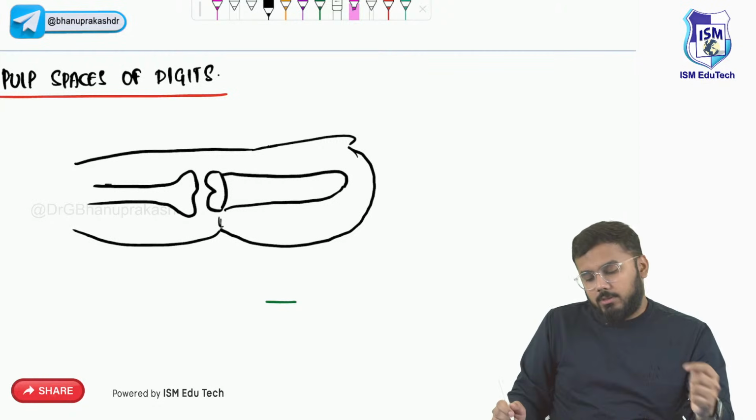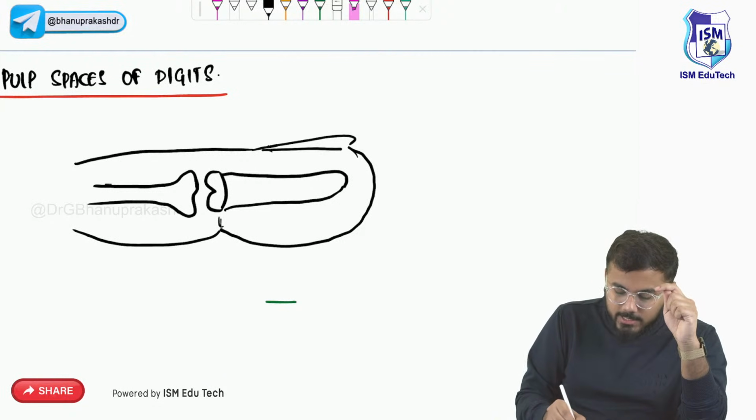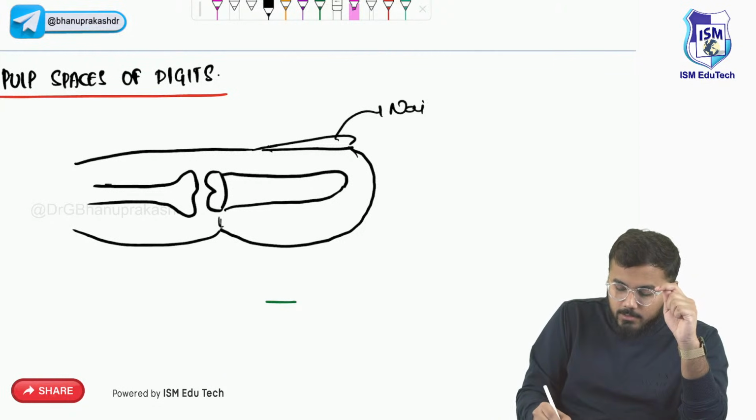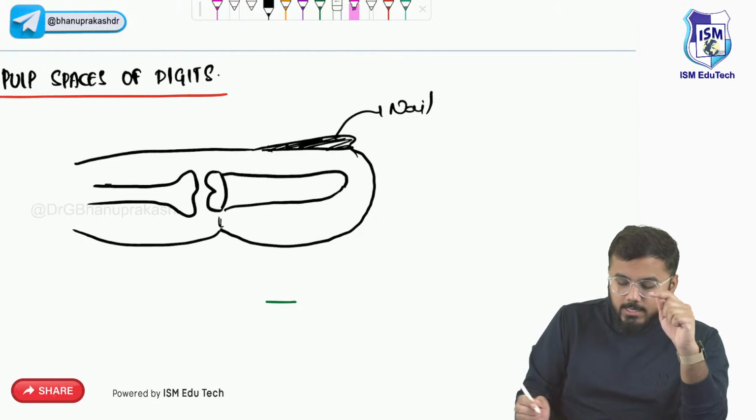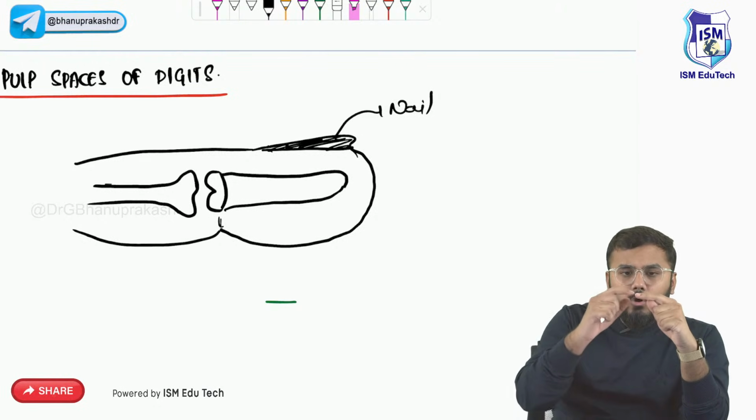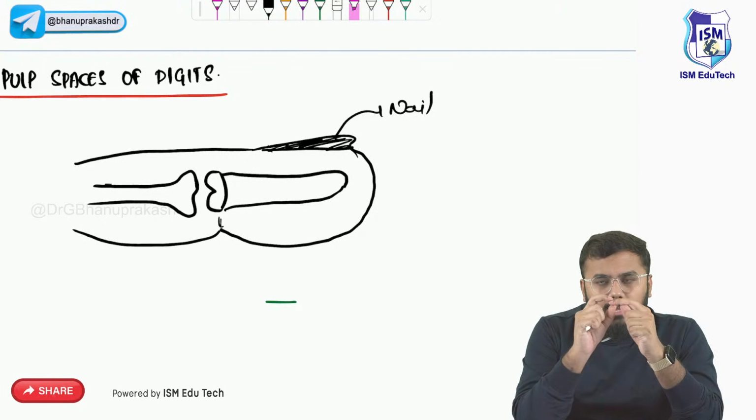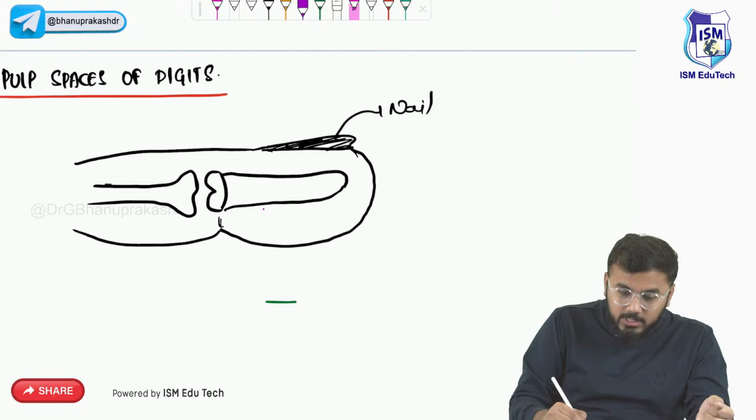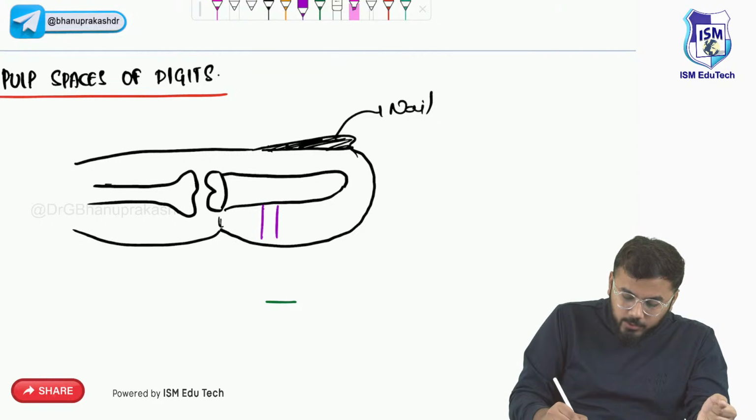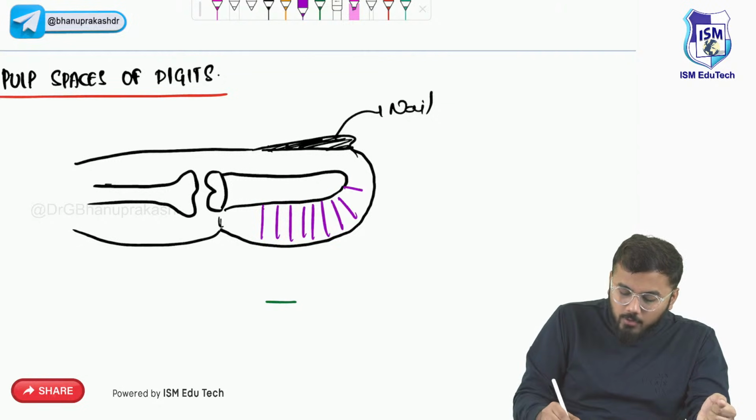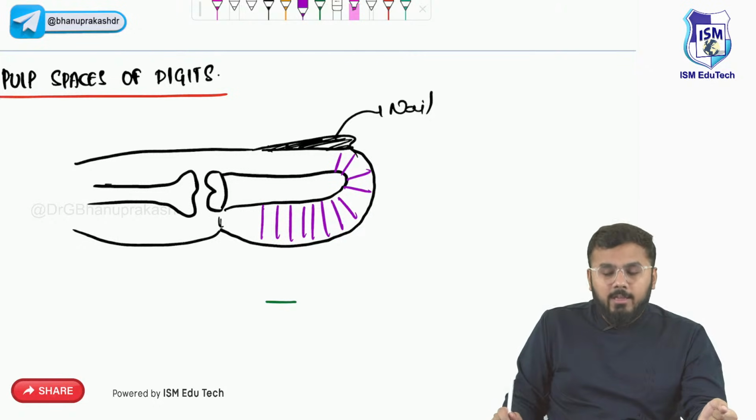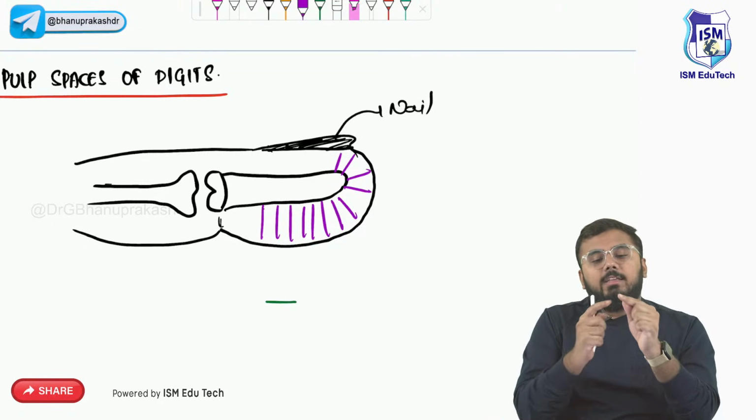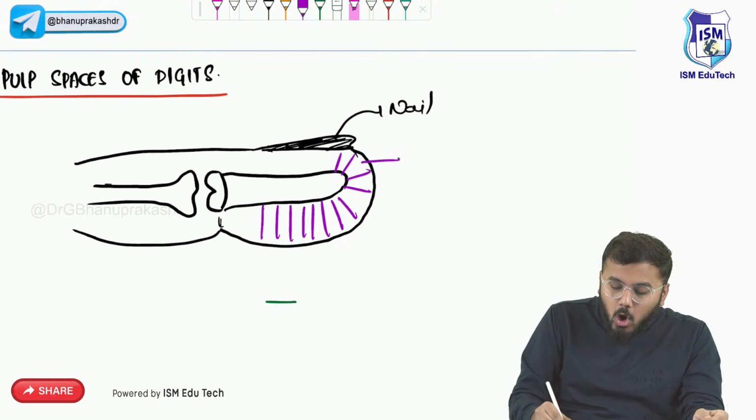Right. So this is the index part of the finger. Let us say this is your nail, this is your nail over here, and this is the index part of the finger. Now, when you look at the distal end, exactly here, guys, from the bone to the skin you have got lots of septa like this. These septa are dividing this region into loculi,